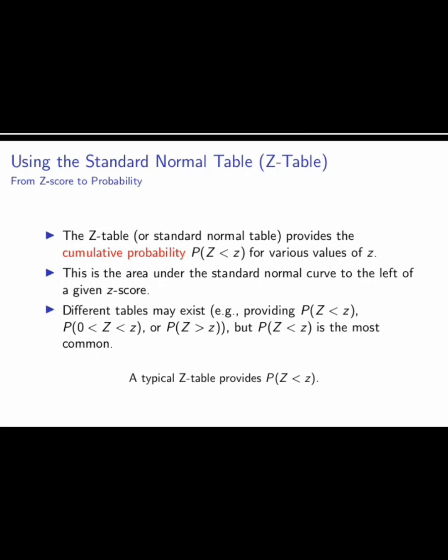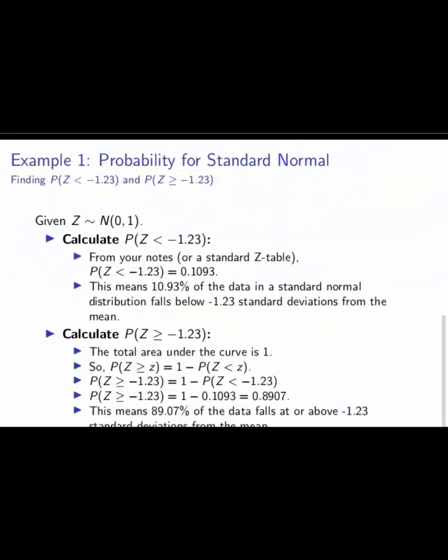Are you getting me? So there are different tables for this, but if you want to calculate a standard normal distribution, a typical z table provides the probability of Z less than z. So that P there means probability of Z less than z. So let's take an example. The first example, which I already sent the graph of to the group, is the probability of Z less than minus